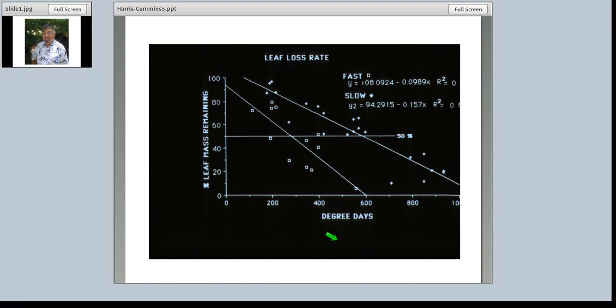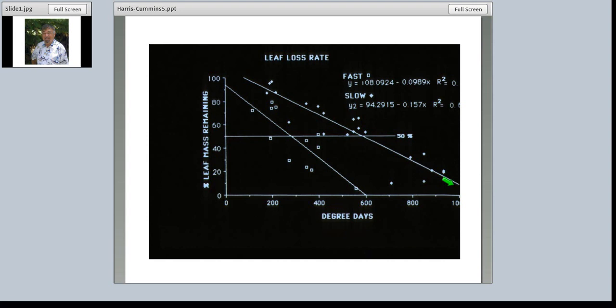And you can see that if you look at when about half of the leaf litter that went in, that is after leaching, has been converted to small particles, it's about 250 degree days for a track of fast litter, and it's about 600 degree days for a track of slow litter. In this particular case, I think this is alder, and I believe this is probably tan oak. And the R-squares, which are off the graph, are all reasonably good. So those are fairly good fits, and from large data sets.